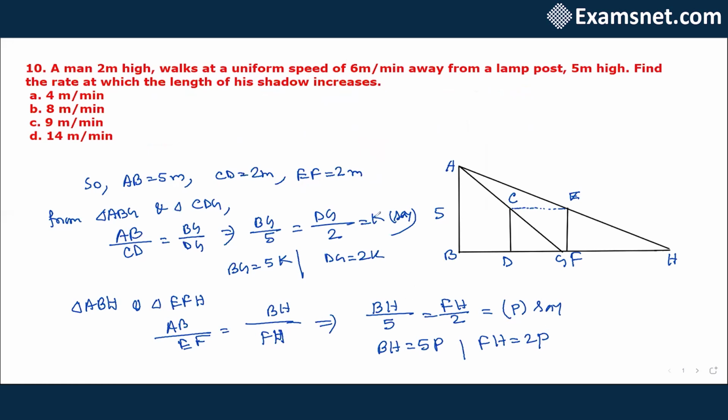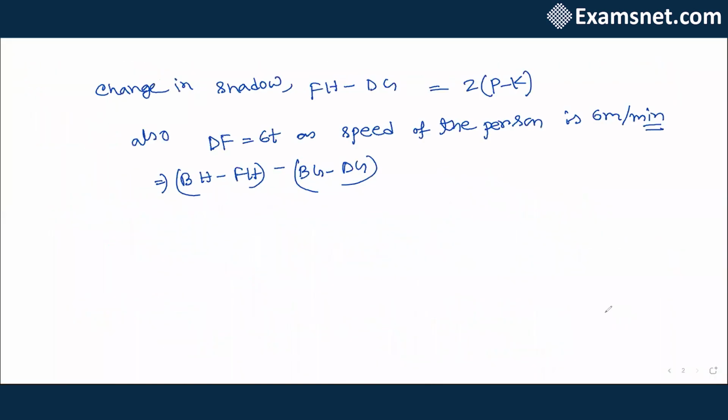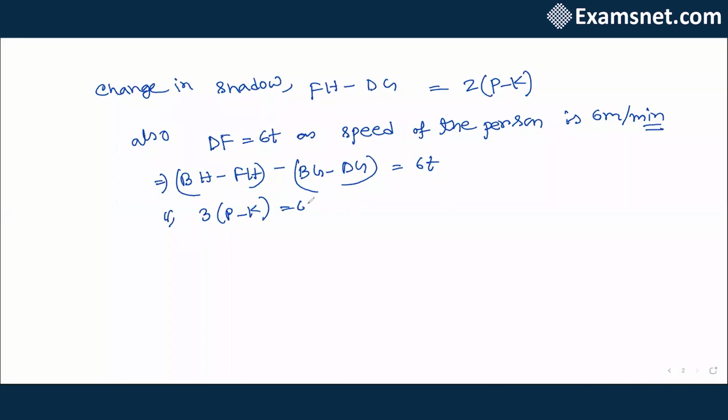So here it equals 60. Okay, so we already know the value of this. 3P minus K equals 60. So we can write 2P minus K by t equals